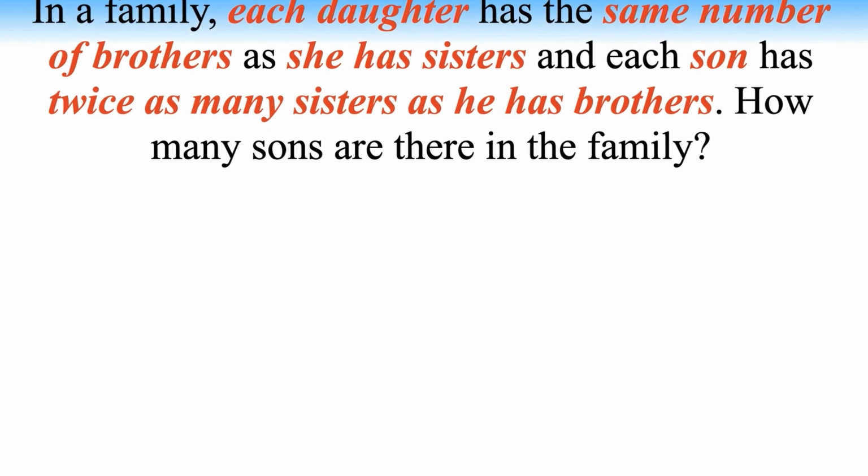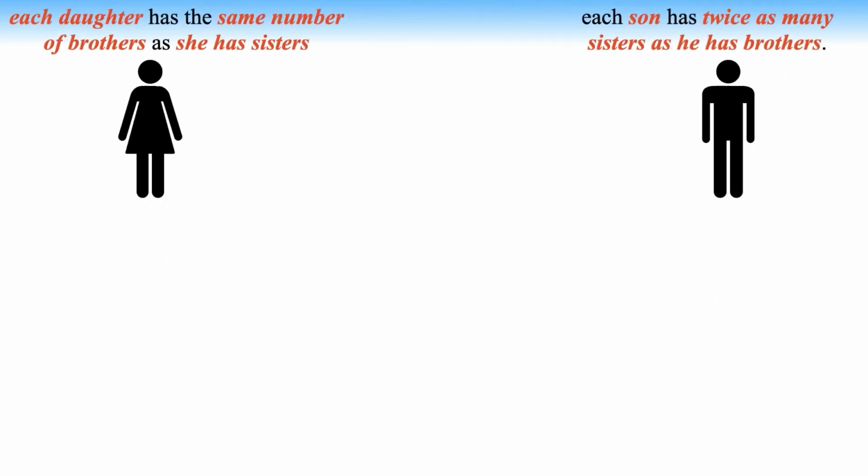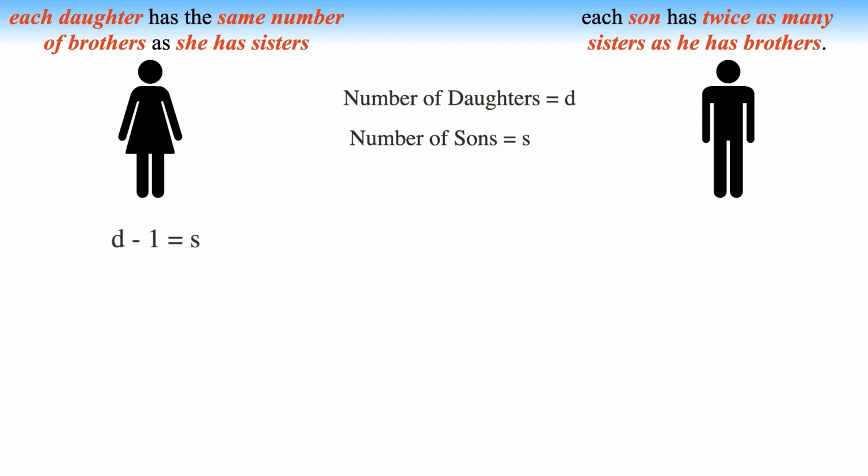Let me explain the solution step by step. Let D represent the number of daughters and let S represent the number of sons. It is given in the question that each daughter has the same number of brothers as she has sisters. This can be represented in the form of an equation like this: D minus 1 equals S, and call this